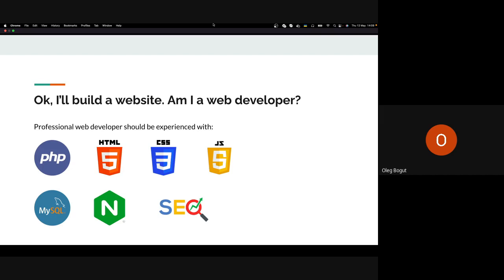So if we just decided to develop a website, we should again ask ourselves, am I a web developer actually? Because professional web developers should be experienced with a lot of technologies anyway. At least with the basics: the PHP language, HTML and CSS markup languages, JavaScript, some experience with databases, for example MySQL, or some experience with Node.js or Nginx web servers,